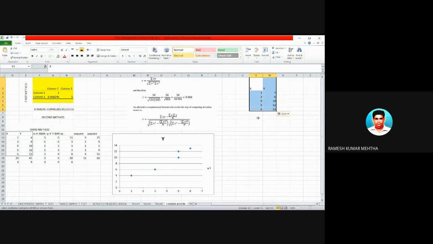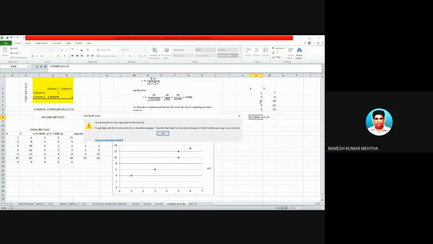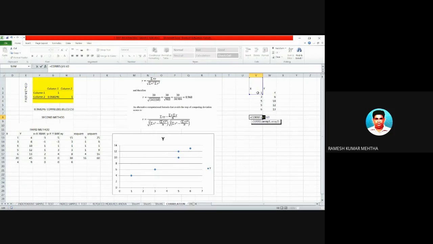There is a command in Excel. The command is CORREL. So I'm typing, just look, CORREL. After you enter this command, first bracket, and then it is asking for array 1 and array 2. Array 1 is 1 3 5 5 6.